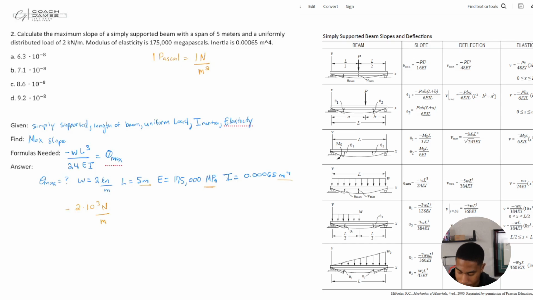So I just changed it from kilonewtons to newtons. All right, so 2 times 10 to the third newton over meter. Okay, times my L to the third, 5 meters to the third, all over